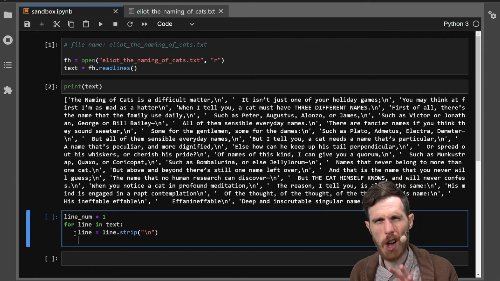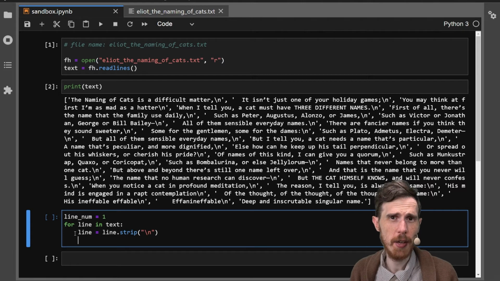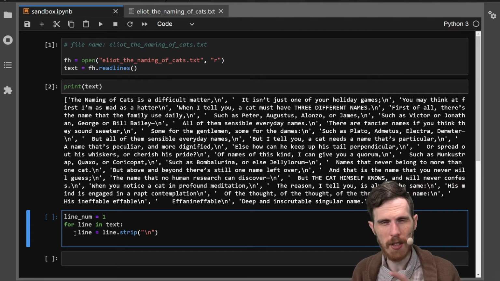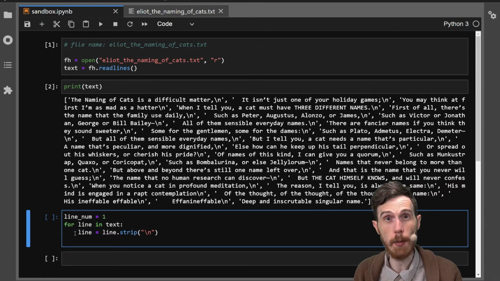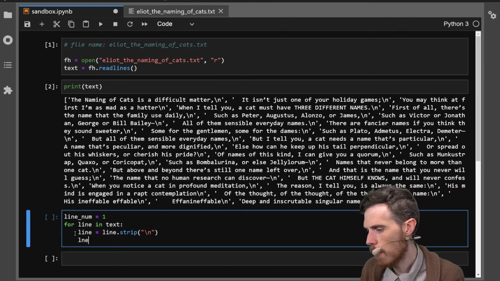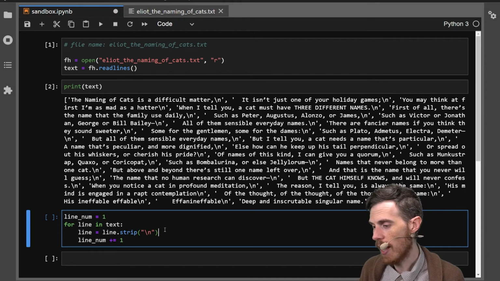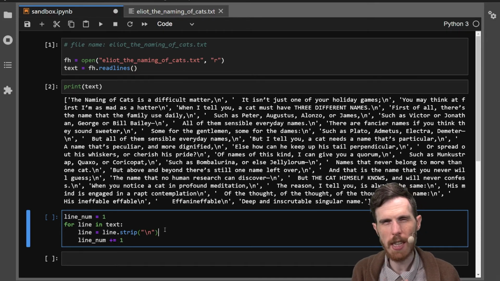This poem is not too long, but it's long enough that let's say there's a reference to Bomberluna in line 30 that I want to be able to reference, so I'm going to number my lines off to the side. So I've already created line num, which is a variable that's going to track the line number I'm on. It starts at 1. Unlike programming, we start counting poems at 1. And each time my for loop runs around, I'm going to add 1 to it, so I have line num plus equals 1 here. Now notice I've pulled line.strip into a separate variable,